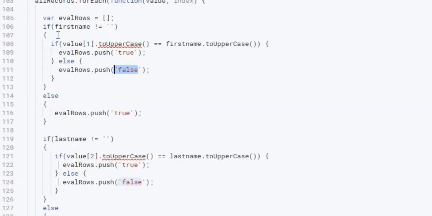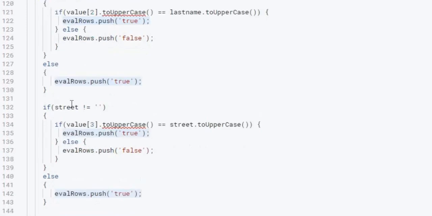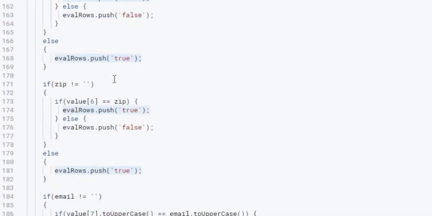And if I leave it blank, so say it is equal to nothing, this is where the else comes in, then I'll say it's true. So that means that row is ready to pass in because we're not even searching it, so we'll say it's a go. So again, I'm pushing all of these evaluations to an array, and then when I get down to the bottom here, I'm doing this for all the fields,